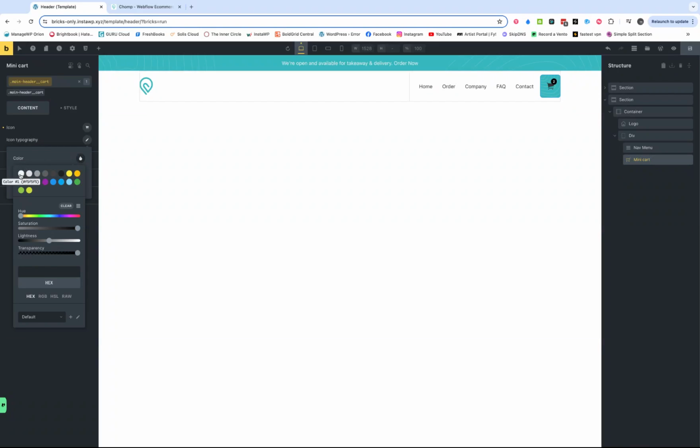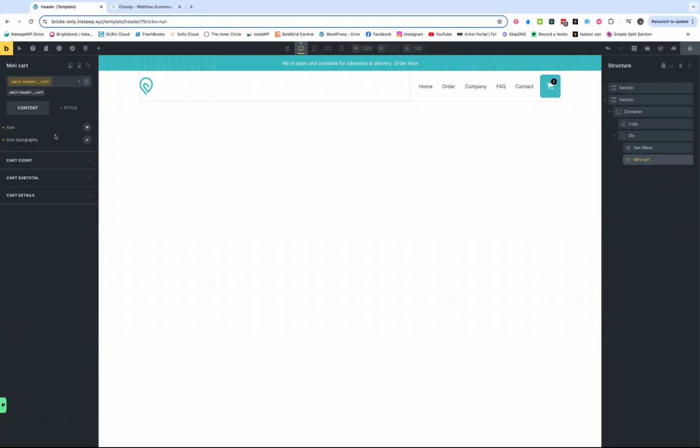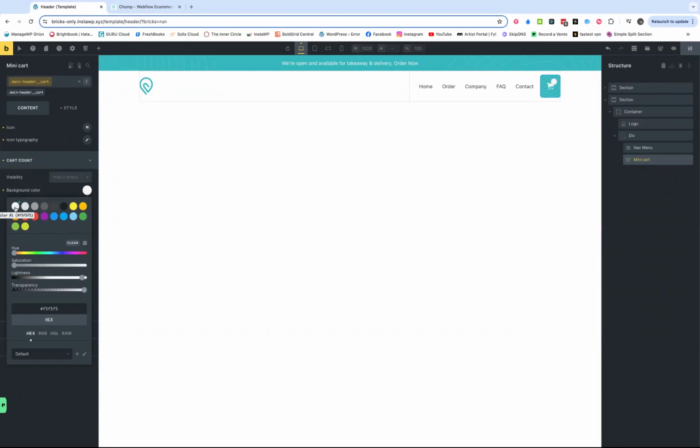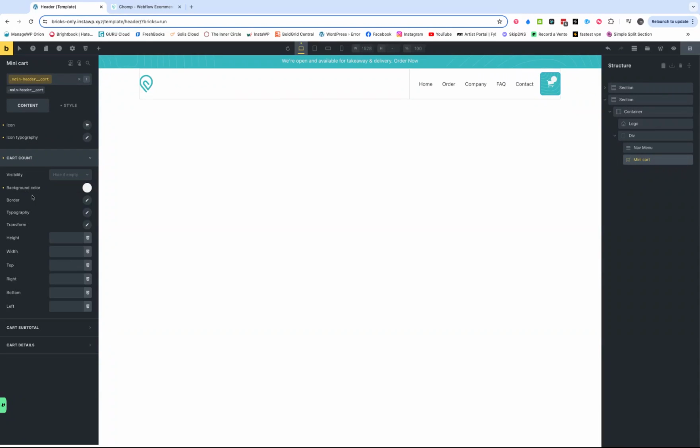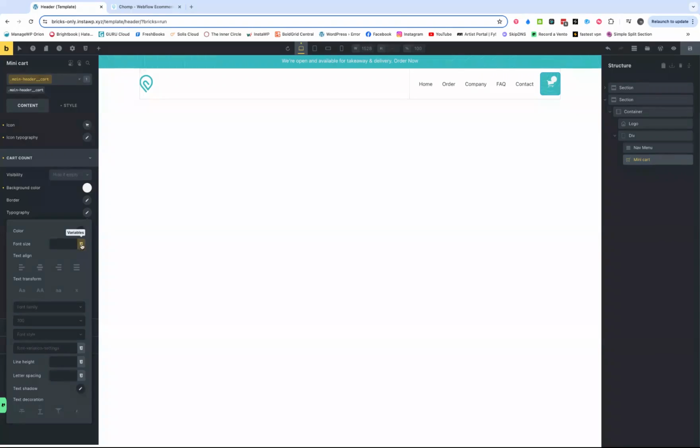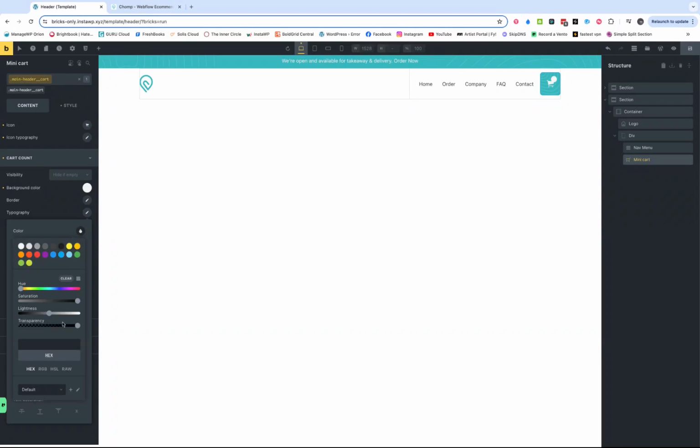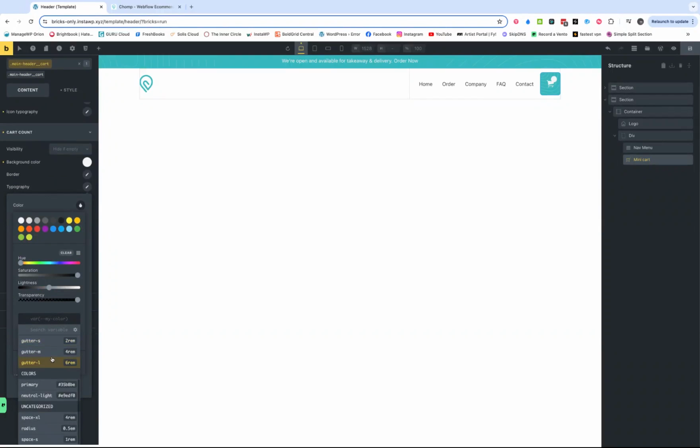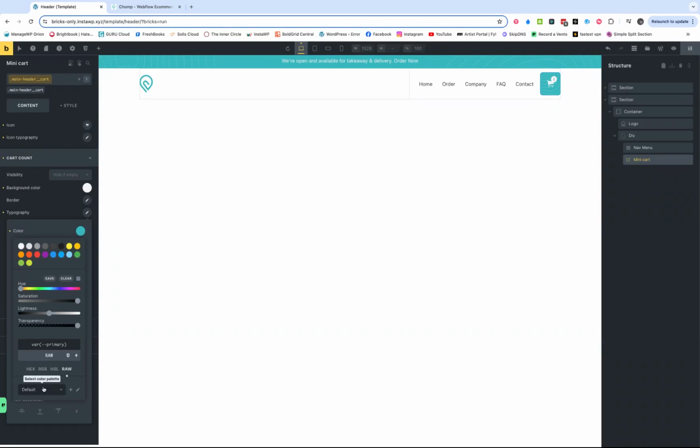That's going to be the color there, and cart count. Hide background color is that. The typography color will be our variable. Go to raw, click on the variable, click on primary,